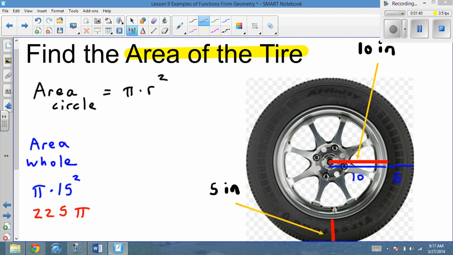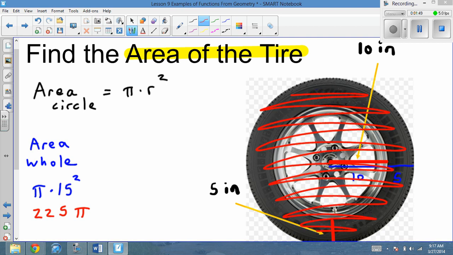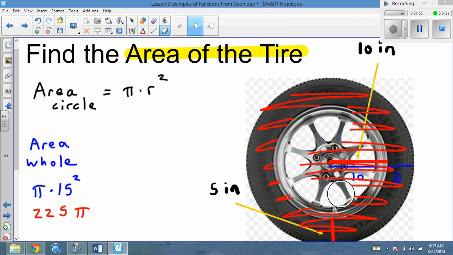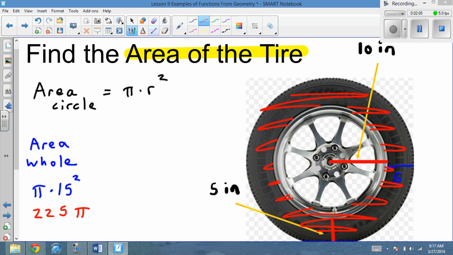Now, that, again, is the area of this whole particular region here, or the whole wheel. If we want to find the area of only the rubber, we are going to need to subtract this particular area inside here to find the area of only the rubber portion of the tire. So to subtract that, we're going to have to do another area formula, and this time we're going to look for the area